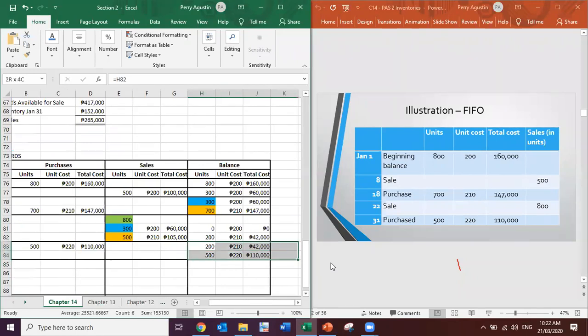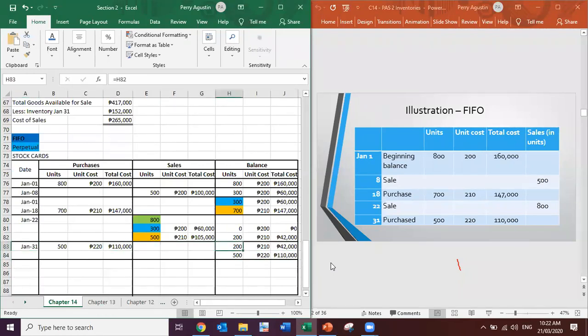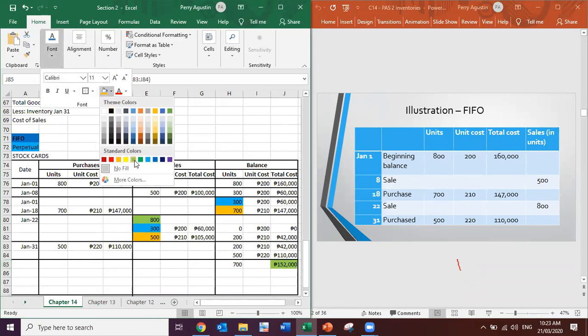So ilan na lang yung inventory mo? So we have 700. If you sum this up, 500 plus 200, 700. Magkano din to? 42 plus 110. So that is 152,000. Okay. Do you have any question? And I want you to realize that what is the ending inventory? The ending inventory is 100